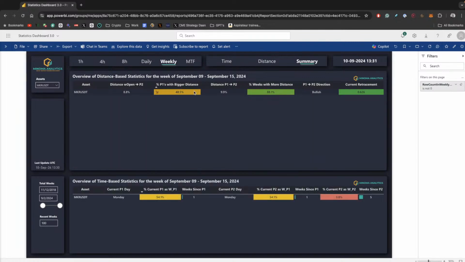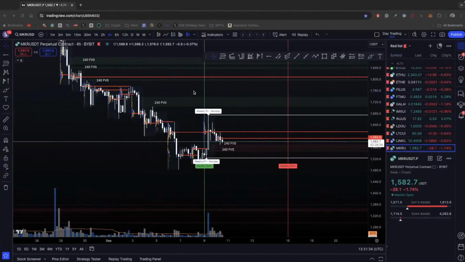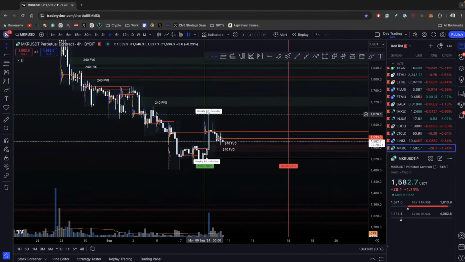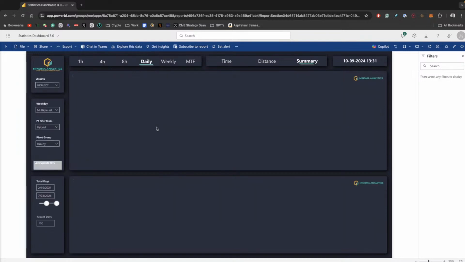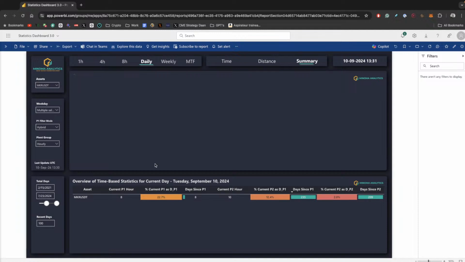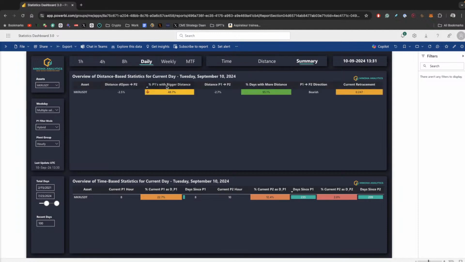Yeah, so the high of the week is pretty inclusive right now, which is what I want to see. I was just looking if this is an improbable weekly P1 or not, because obviously the flip has to happen. I don't think it's improbable. So going back to this, we cannot confidently say that Maker is going to hold based on these statistics, but what we can confidently say is that it's very likely we're going to have more distance between P1 and P2. And then the next question becomes, well, which direction is that going to be?